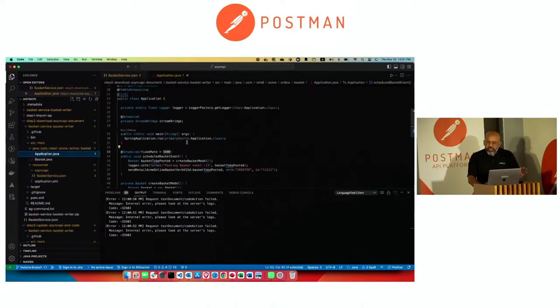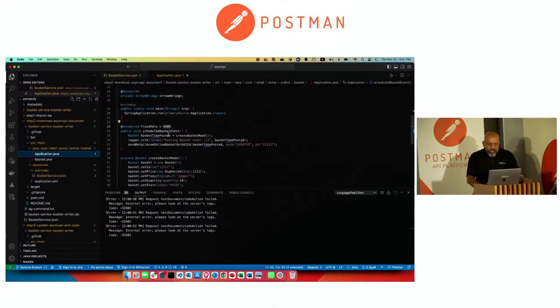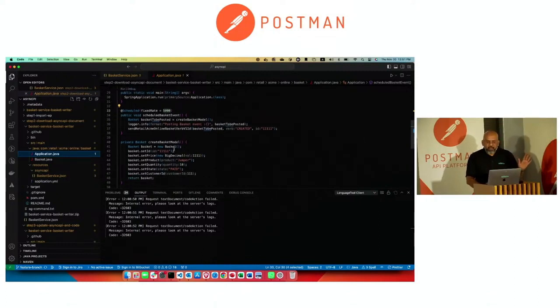Standard code generated, only the scaffolding is what you get. I added this method to publish this basket event every 10 seconds, or every 5 seconds, and it's just publishing a simple event. This is a Spring Cloud Stream application. This works just fine. But then I realized, oh my God, I need to generate a risky basket event if the quantity goes above some number. It's a minor change. I made the code change.